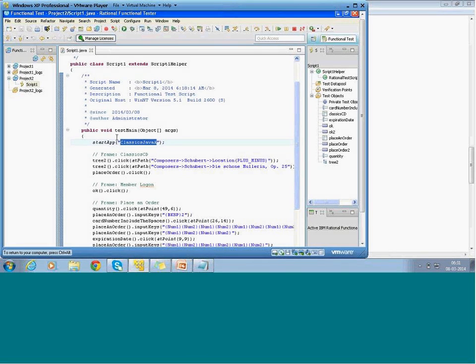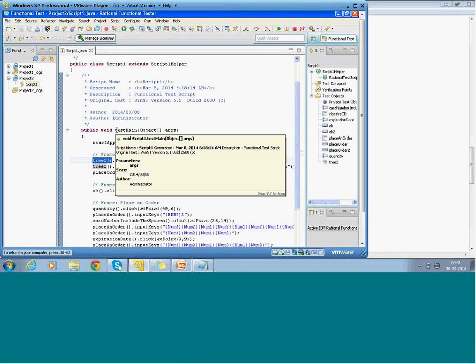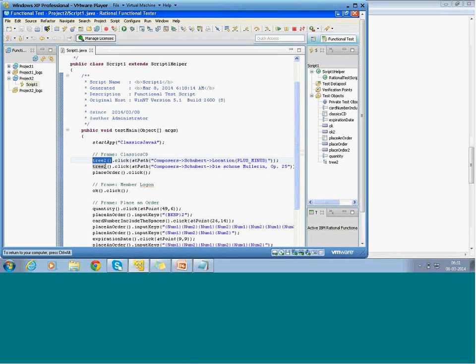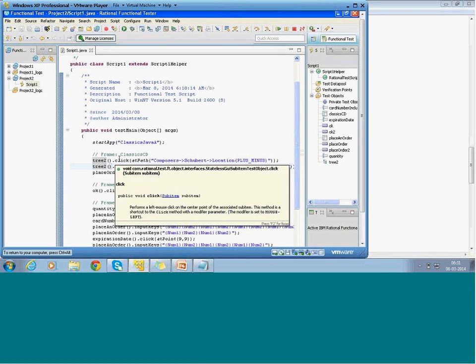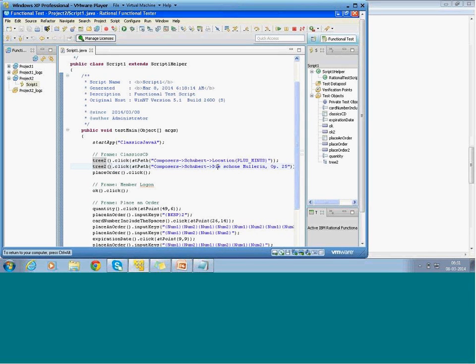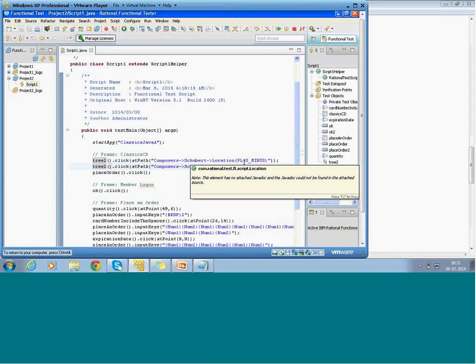Now, after this flip Java, you can see now there is a tree2. This is the sub object within that object. Within the test main, within the script, it now has a tree2 as an object. Tree2 dot click. You notice now I clicked onto the tree2. And what is that 3 that I have flipped? Super, location,